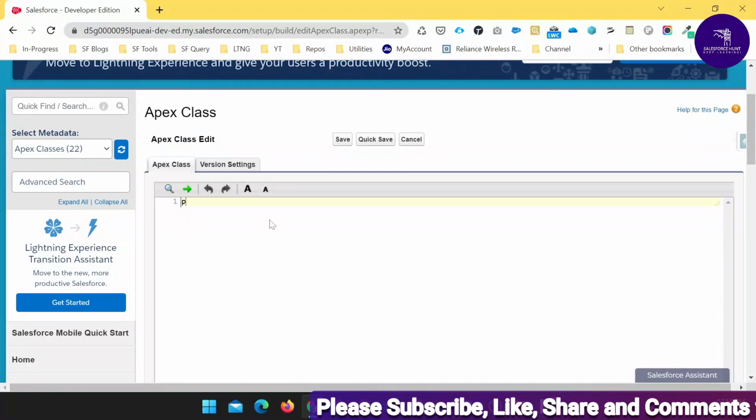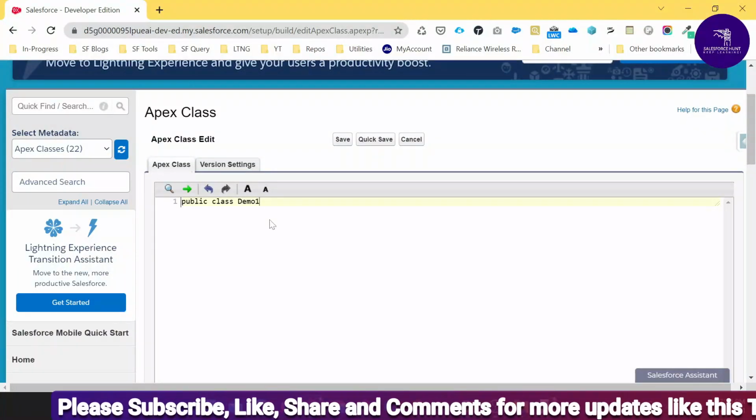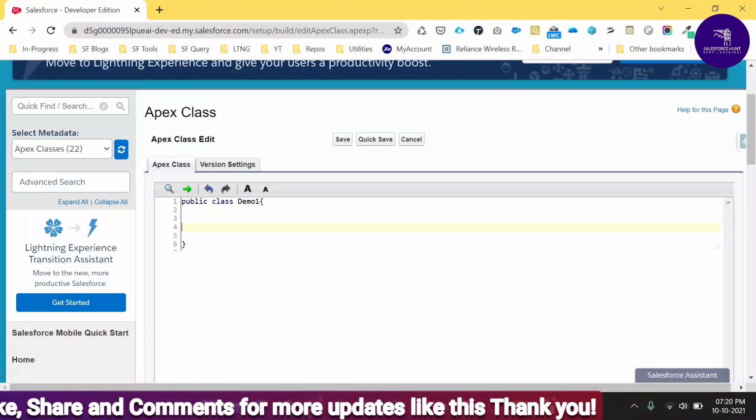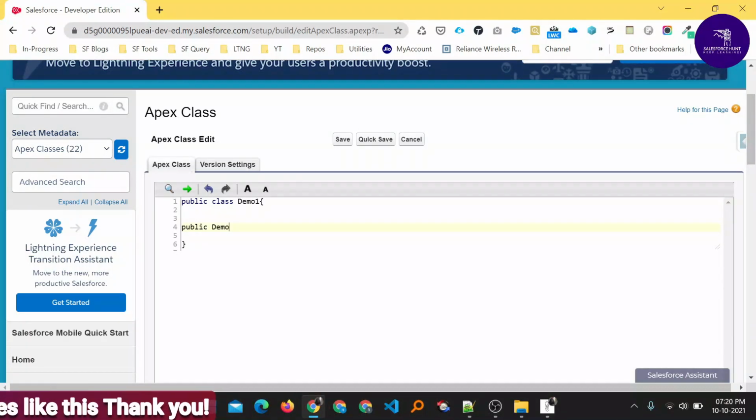First let me write public class demo one, then the class body, and a constructor, which is optional, demo one, with a system debug like hello. Just save it, and my class is successfully saved.